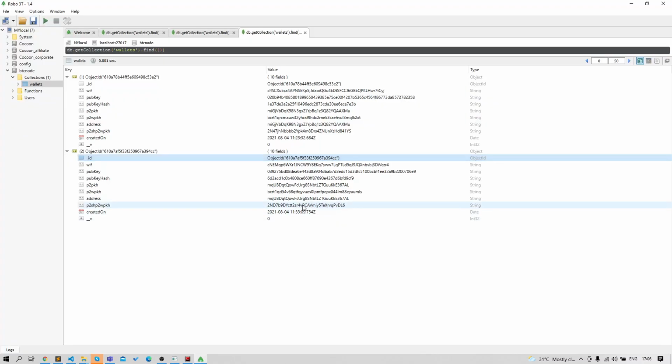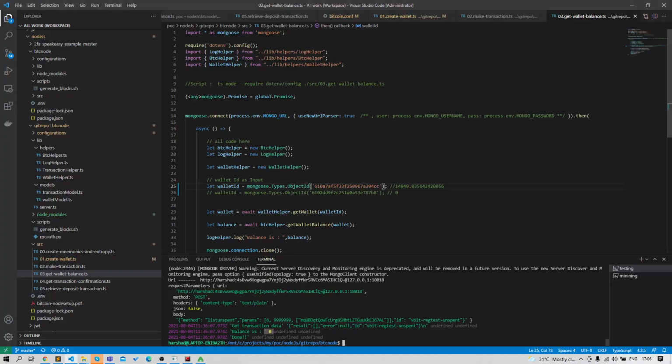So the first wallet has 2500 Bitcoin, and the second wallet has a zero balance.